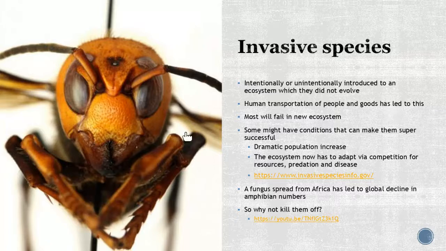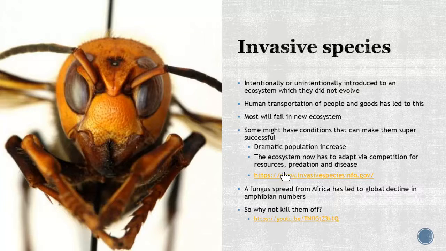The murder hornets were an invasive species that really caught some attention lately. Fire ants are a big one because fire ants weren't native to this area, but they were brought here, and now they're like, hey, I can survive here, and they kind of take over. Now, what can happen is you can have a dramatic population increase, and that can really disrupt the current ecosystem or food web. So now that ecosystem has to adapt to it.